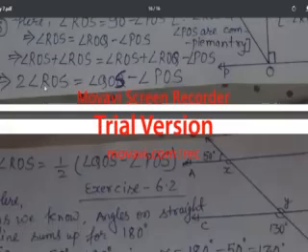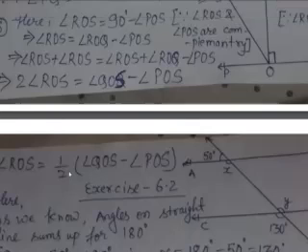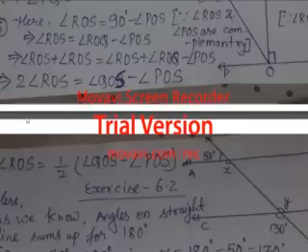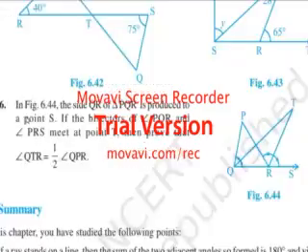So if you see, there is 2. When this 2 goes to that side, it will divide this whole QOS minus POS. So I have written 1 by 2, because dividing means 1 by 2 only. Half, when we divide by 2, then we get half. So 1 by 2 into QOS minus POS, and this only you have to prove. So you can write hence proved. I hope all of you understood this question number 5.